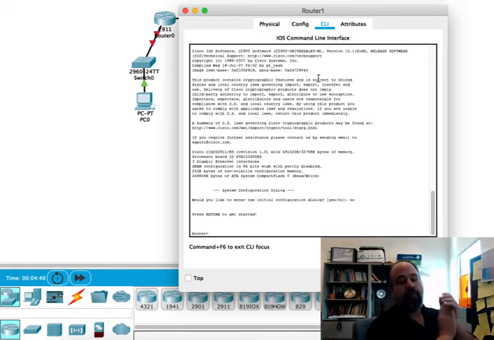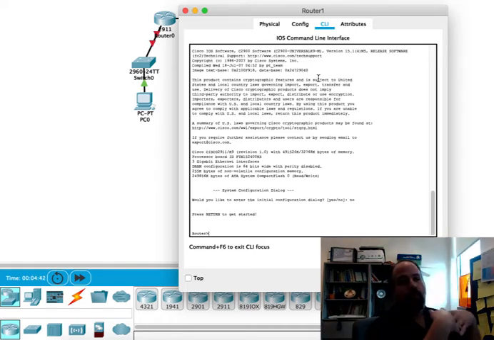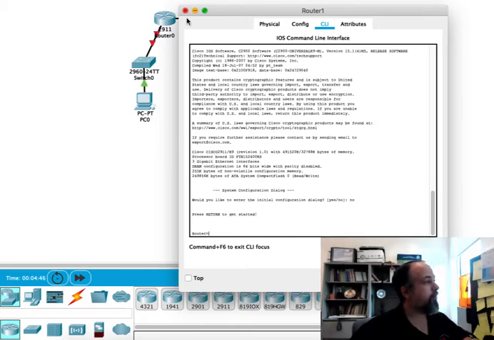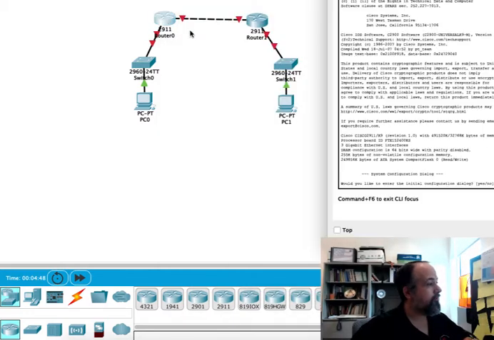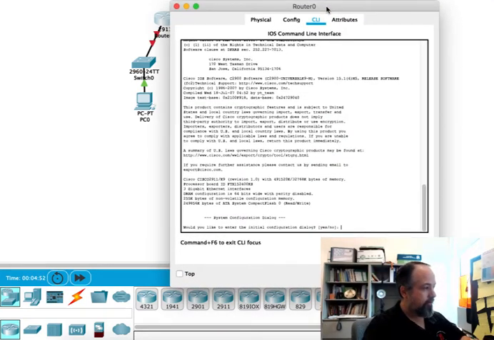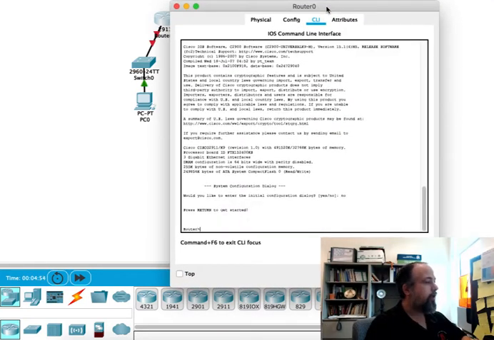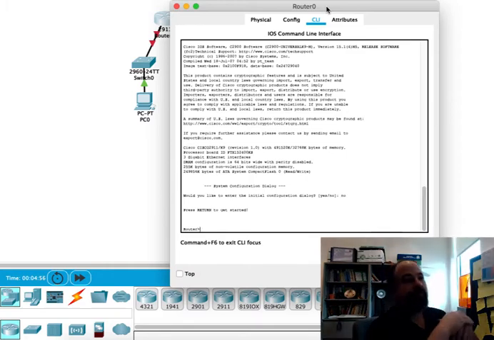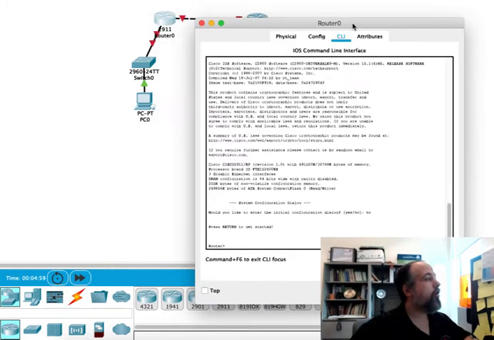So these are the steps to configure a router to, actually, you know what, let me go back to router 0. Boom. Let's click on router 0. And again, it asks me, do you want to enter the initial configuration? No. Let's go ahead and set up all of the IPv6 at once. So we're going to do enable,